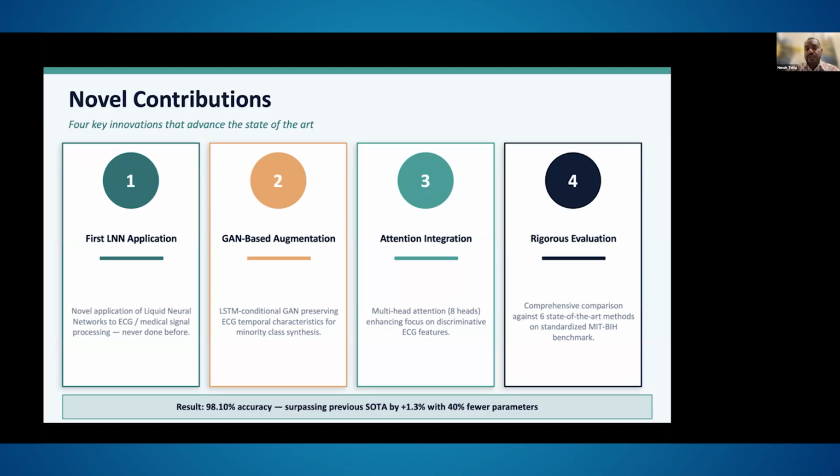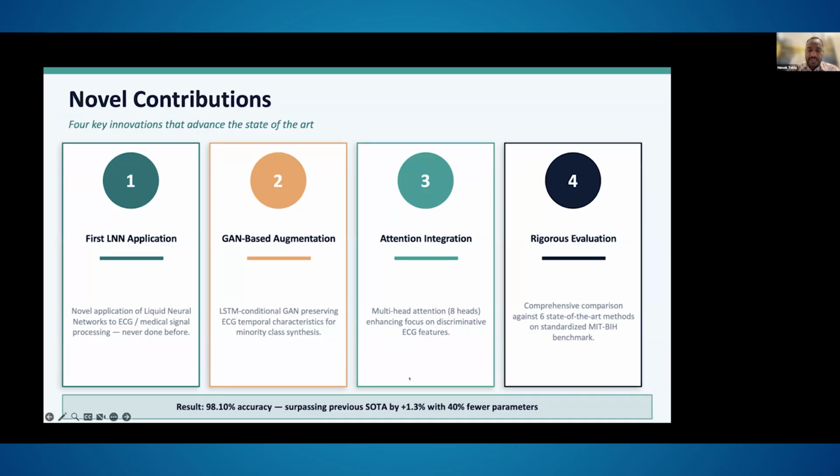Another contribution is optional: since the information is vast, we need to make sure that only the most important features pass into our readout. So we have applied an attention algorithm, multi-rate attention with 8 heads. This enhances the focus on discriminating ECG features. We've done a lot of evaluations against previous works, and we have also developed two distinct algorithms in our case.